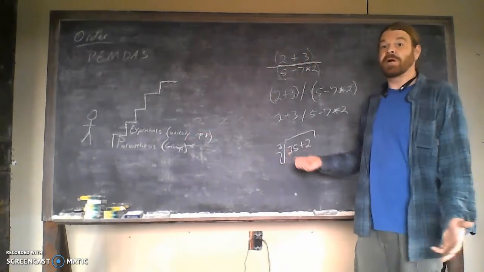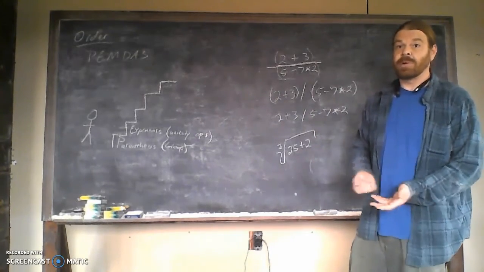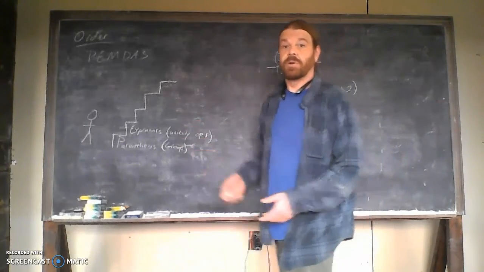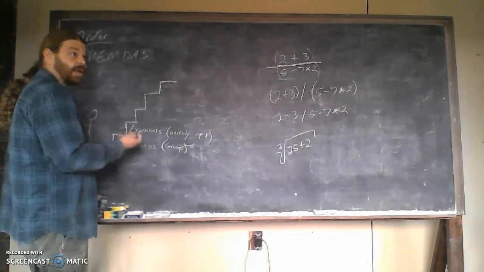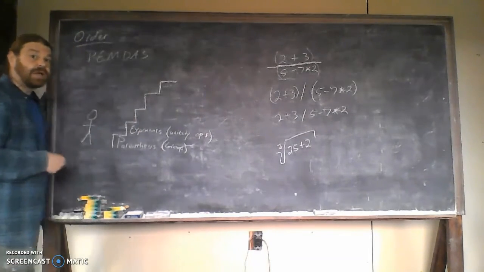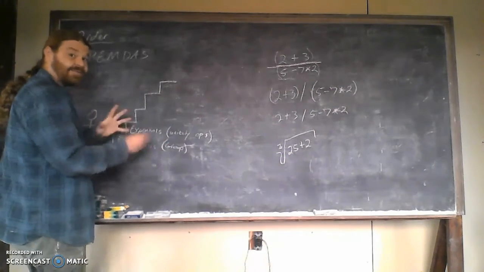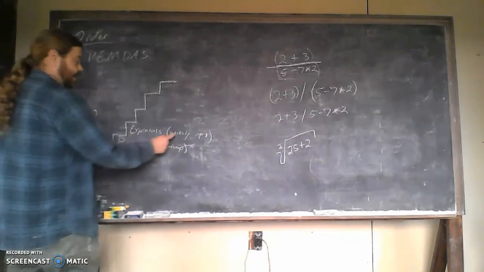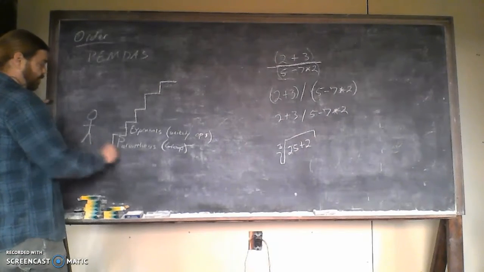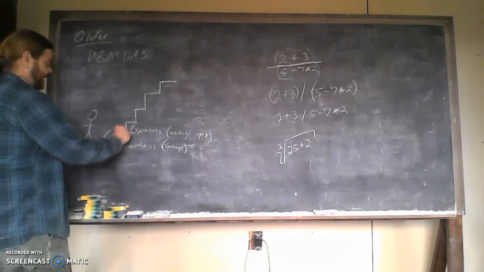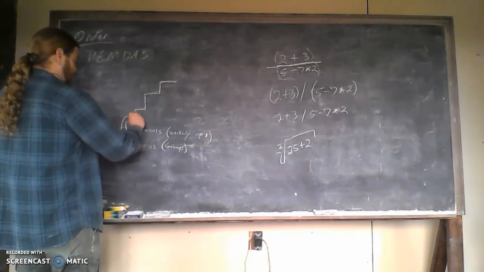Squaring a number, 2 squared, or any number squared, if we're going to square it, all we need to know is which number are we squaring. It only takes in one number. So we do those first. Whichever way you're looking at it, built up from the counting like we're going through here, or that earlier thing about modern math. Any type of grouping, collective, any type of collecting things, then all our unitary operations. And we do all of the parentheses. We move up to the next step, do all of our unitary operations or exponents,